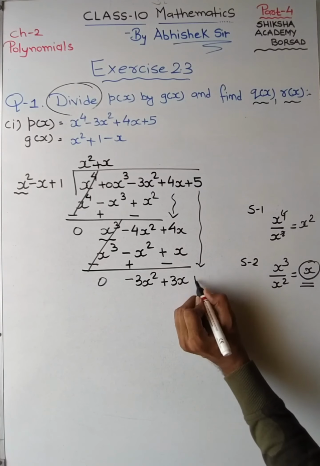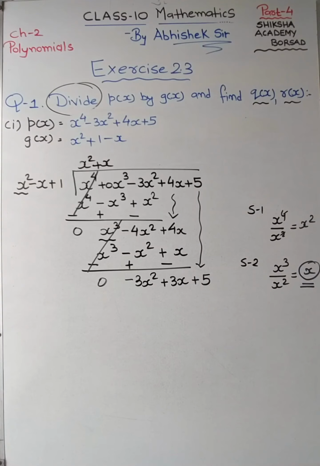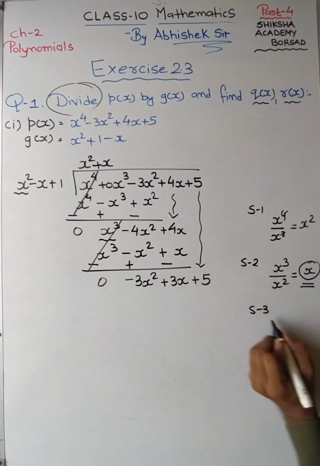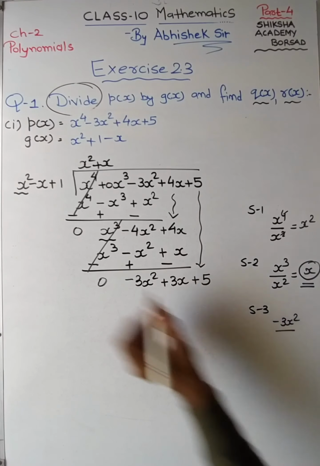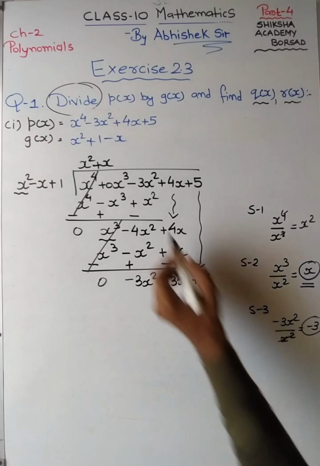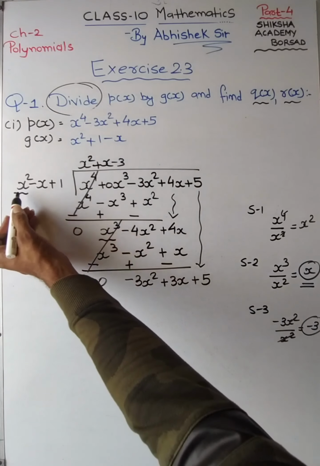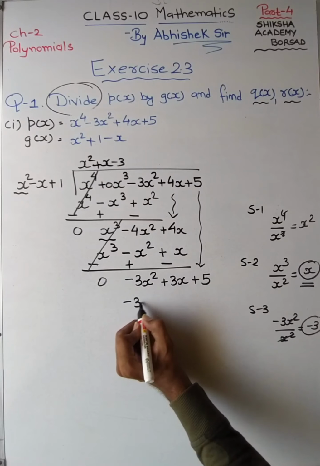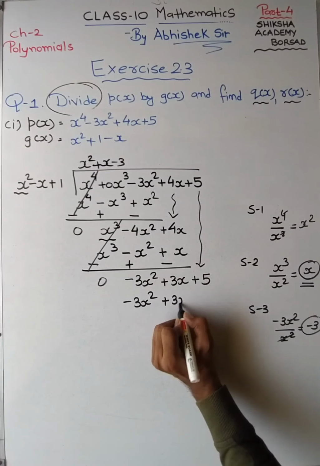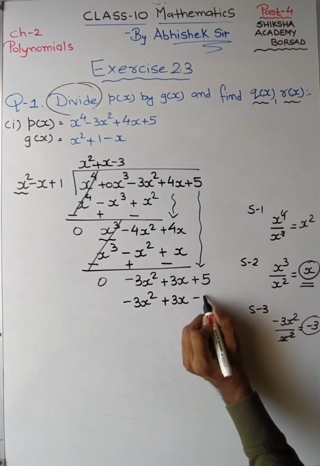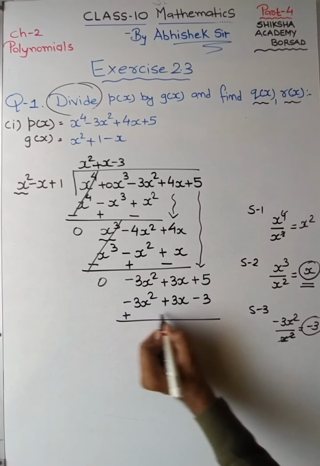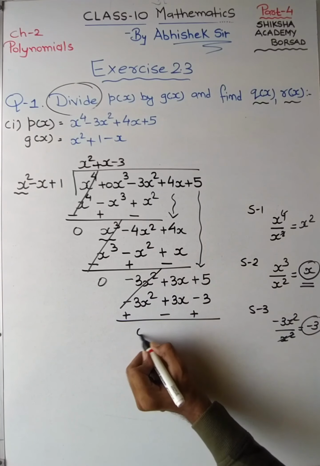Repeating this term over here will give you 5. Now the last step, step number 3. First term of this, minus 3x square, first term of that, x square, cancel, minus 3. So let us put minus 3 over here. Multiply x square into minus 3, minus 3x square, minus x into minus 3, 3x, plus 1 into minus 3, minus 3. Leave some space, change the sign, cancel where possible.